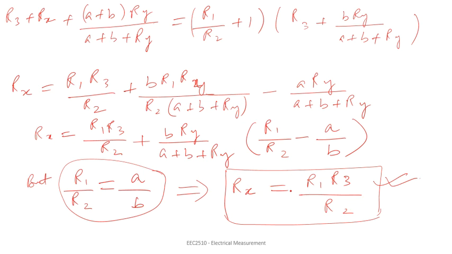Okay, so generally this Kelvin's double bridge is used to measure resistances of the order of 1 ohm or maybe lower than that. Up to 10 micro ohm it can measure, and it can have an accuracy of about plus or minus 0.2%. So this was all we had to discuss in this lecture. This was Kelvin's double bridge for the measurement of low resistance. Only low resistance it can measure.